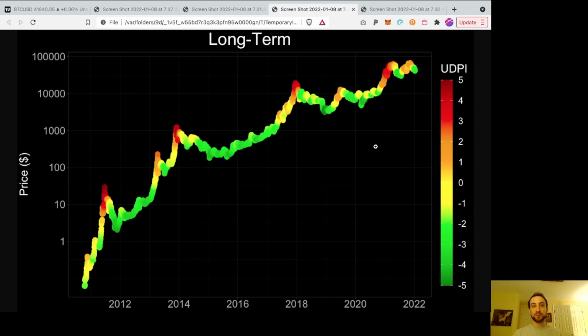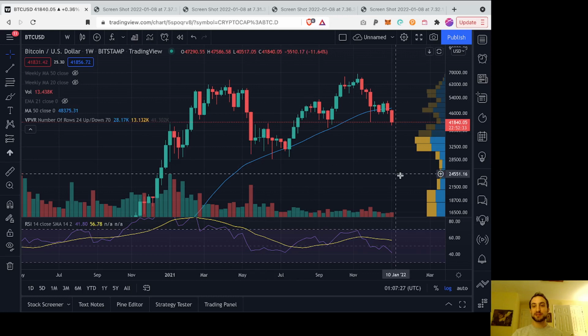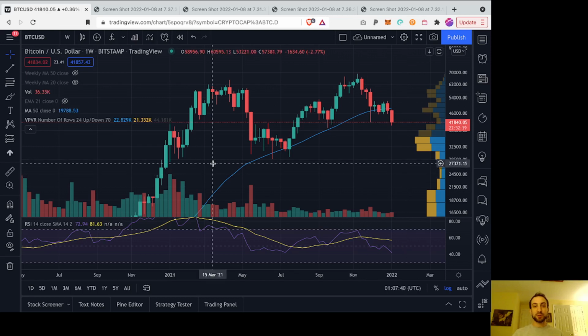I think the thing that is most persuasive to me, I'm going to pull up the price chart again. We're just going to look at the price chart here on the weekly time frame. What really doesn't sit right with me about the idea of a bear market, and again, I'm not saying that this should necessarily be so persuasive to you, is that we didn't have a blow off top at all. This price action in the early part of 2021 was rounded. It was not euphoric to the degree that you would expect to see a bubble before it bursts.